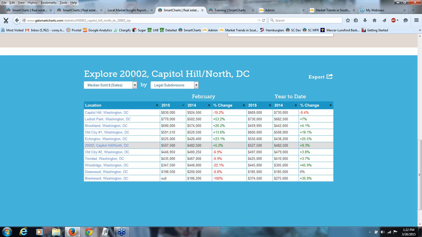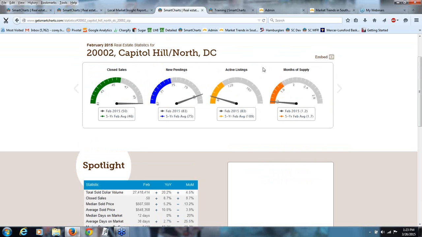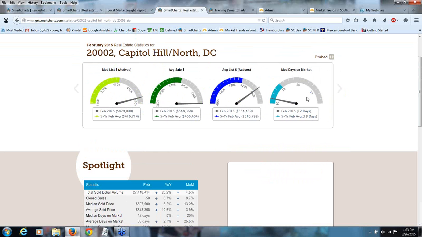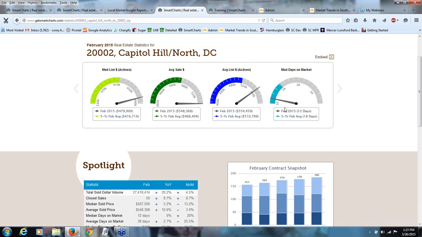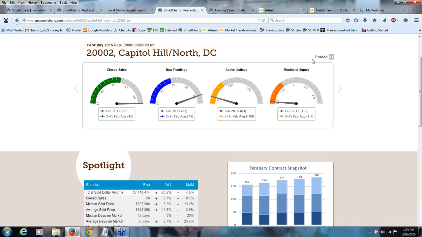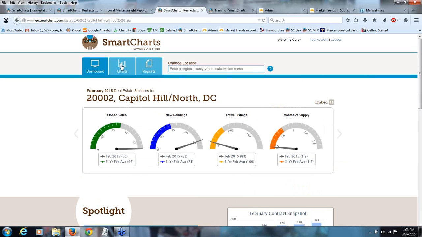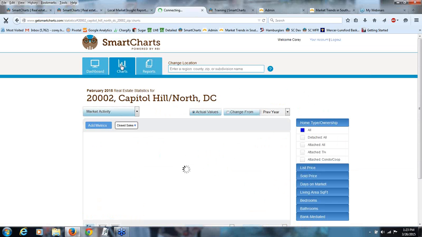So if we dive into this, 20002, again, that days on market was what? 12 days in February. 18 days is the February average, but 12 days. Supply obviously is very tight. How tight is it here? It's at 1.2 months of supply. So basically, if no new listings came on the market, all active listings at the end of February would be sold essentially by the end of March. That puts extreme pressure on buyers,